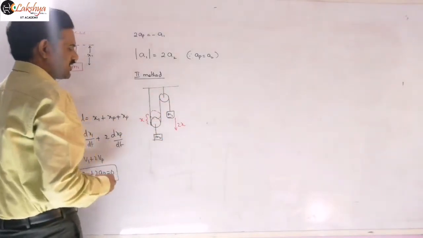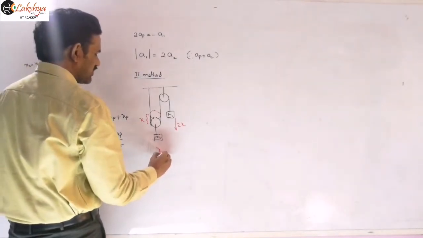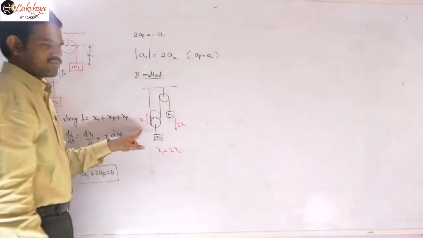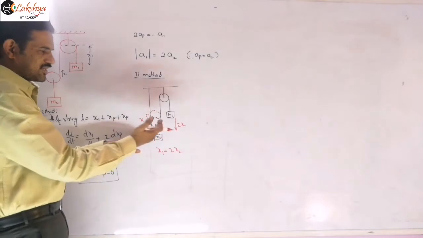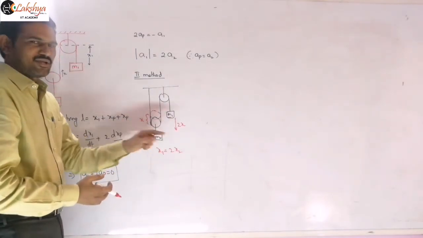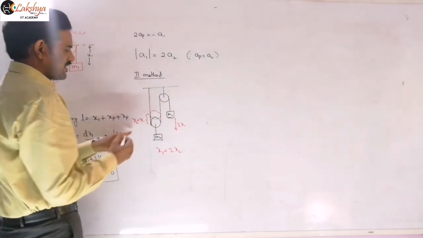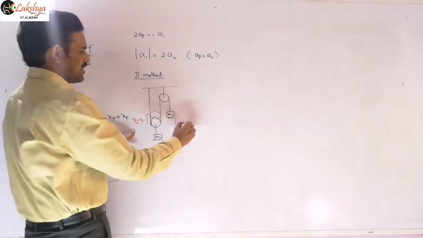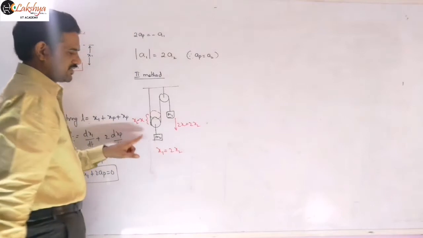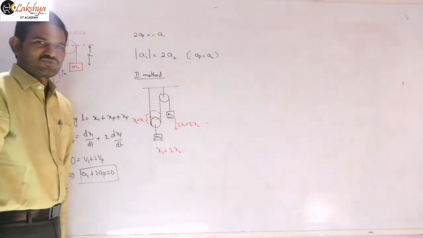And so what we can write here is the displacement of M1 will be equal to twice that of the displacement of this block. That is nothing but what we are writing, x and 2x. If this block is rising by x, it is coming down by 2x. So if you are taking this as x2, for example, the displacement of this block, then this value will be equal to 2x2. Right, that is nothing but what I am writing here. That means if this is x2, then it will be 2x2.